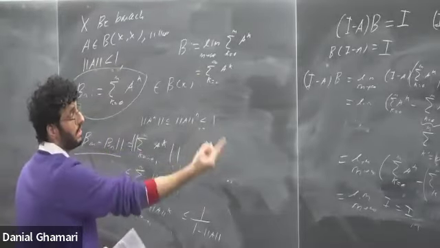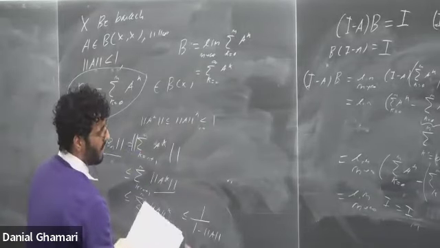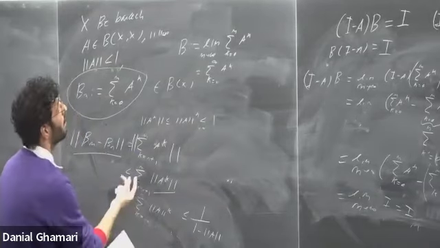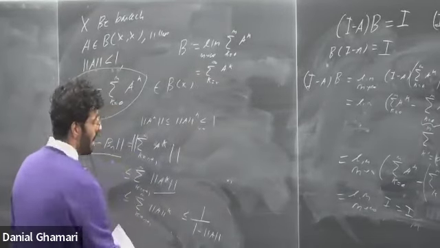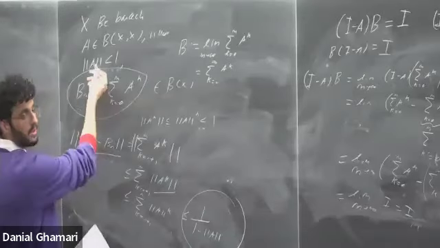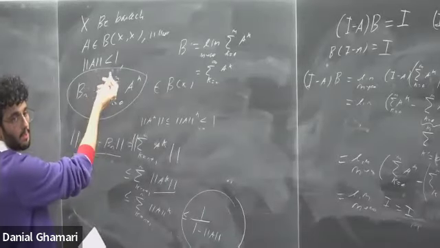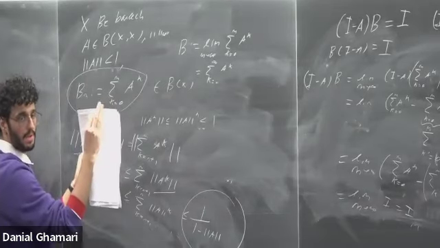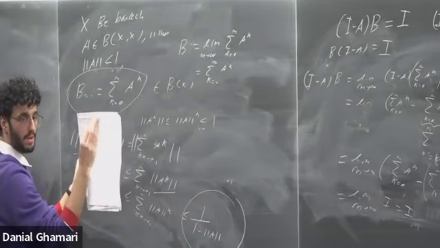So here, essentially in the real numbers, to even show that the partial sum converges, all I have to do is relate it back to a geometric series. Right? So here it kind of looks the same. As long as A is less than 1, the geometric series of A converges.